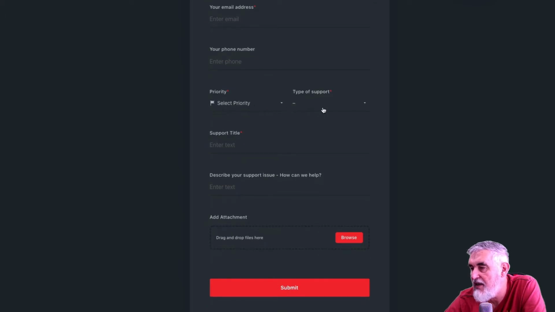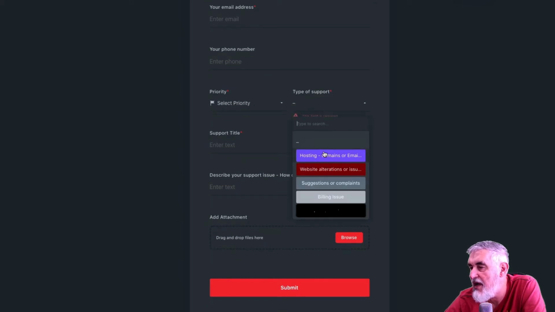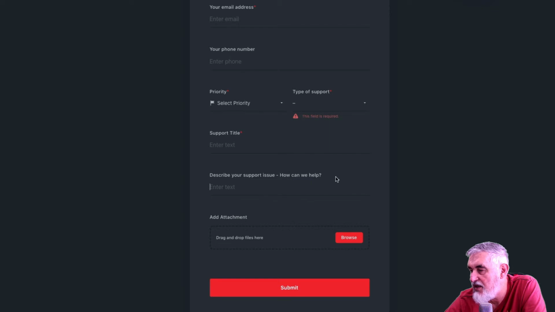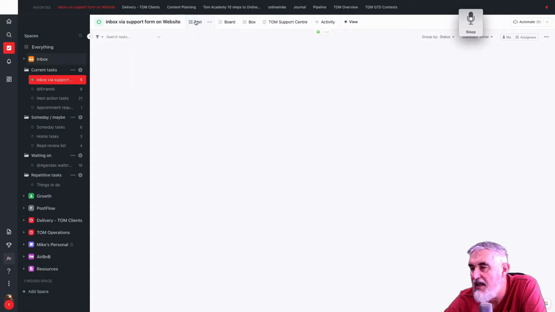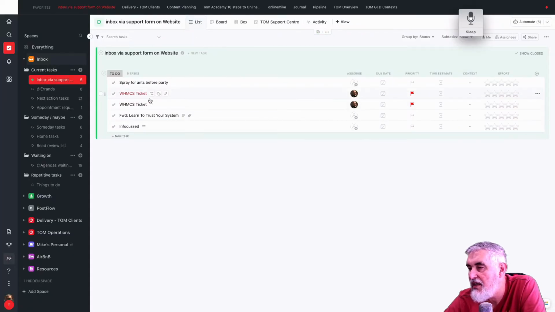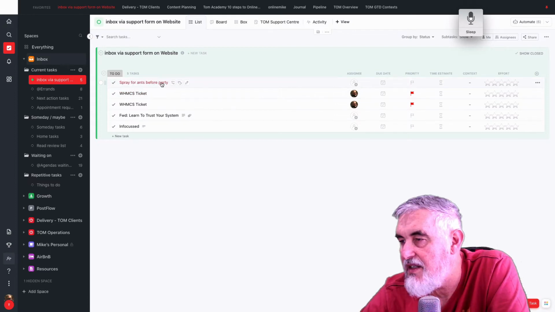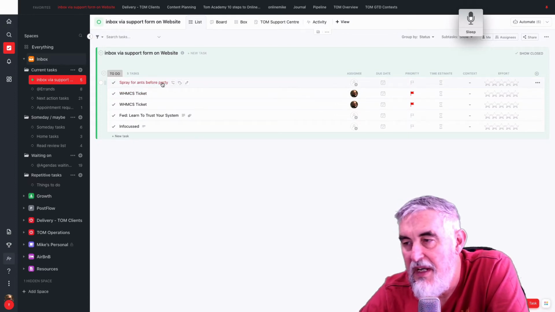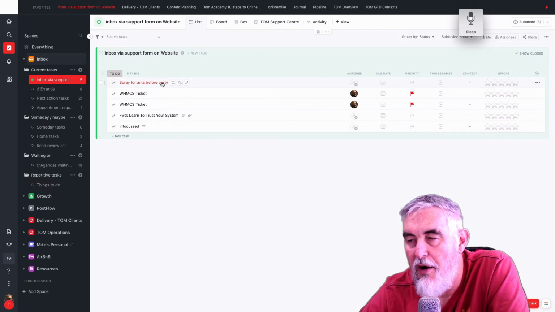The client can fill in their name, their address, their phone number. They can select the priority. They can look at the type of support. Is it hosting, website suggestions, various things we can put there. And this form was created within ClickUp. So they can describe their support issue and they can attach files and submit it, and that would automatically bring it into my list. So that's one way of getting